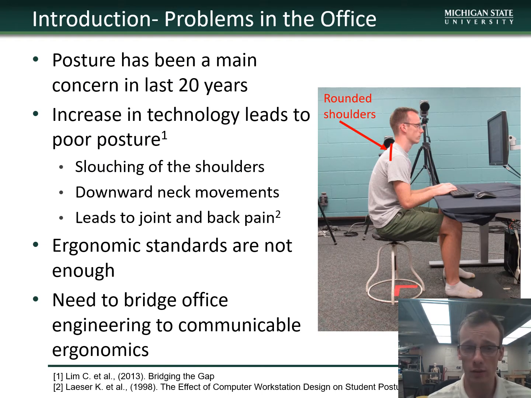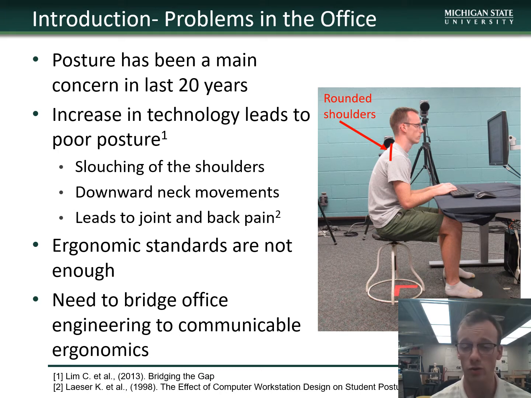So in the last 20 years, posture has been a main concern, especially because of the increase in technology used at the workforce and at school. This increase in technology can perpetuate poor posture, which includes slouching of the shoulders and downward neck movements. This can lead to eventual joint and back pain, and there are ergonomic standards in place which suggest that the